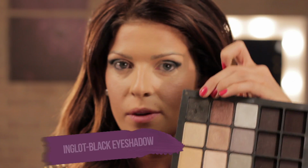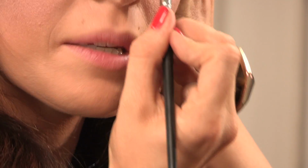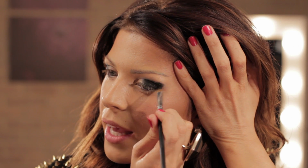Now we're going to go over that with black eyeshadow. For this I'm going to be using my INGLOT black eyeshadow. It's got a slight gold sparkle to it, and we're going to apply this in a patting motion over the black eyeshadow that we put on before. Using the side of the brush, that's going to help to create that line going up towards the outer corner